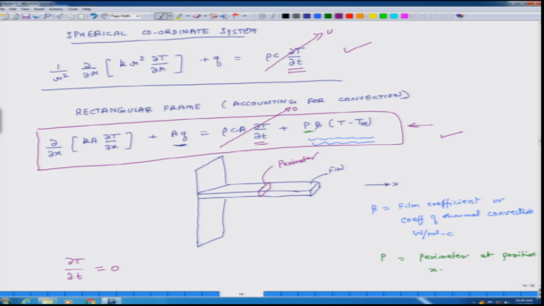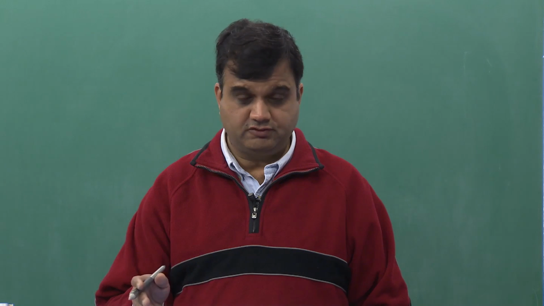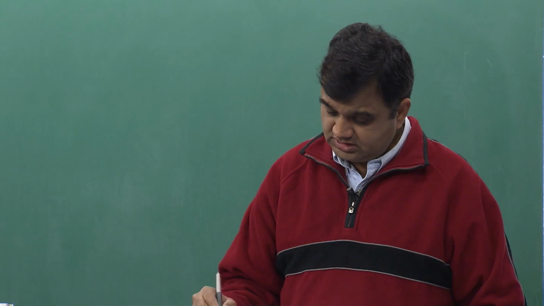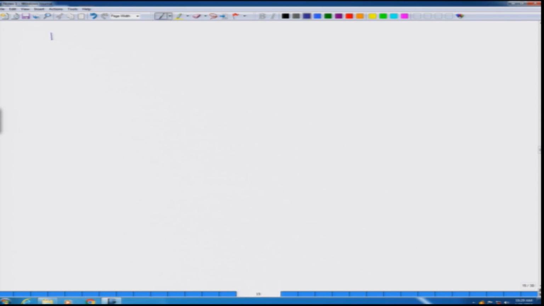For a spherical coordinate system, this term goes to 0. For a cylindrical frame of reference, this term goes to 0. So if I just drop the time derivative of temperature, then I can get steady state equations for all these three coordinate frames. So for rectangular frame, okay, my governing equation, steady state equation,